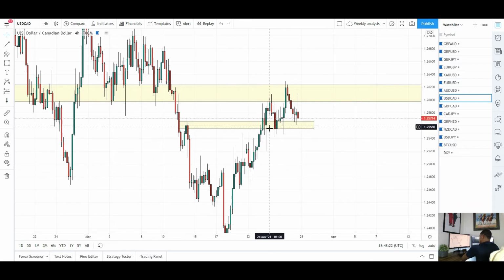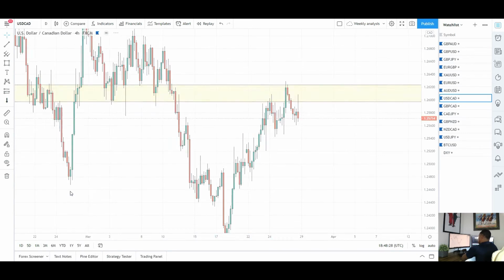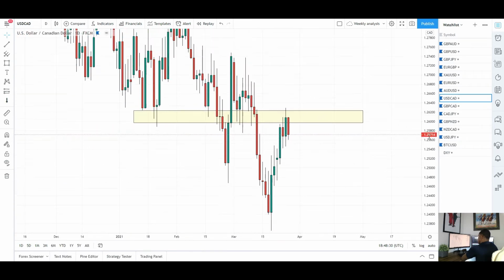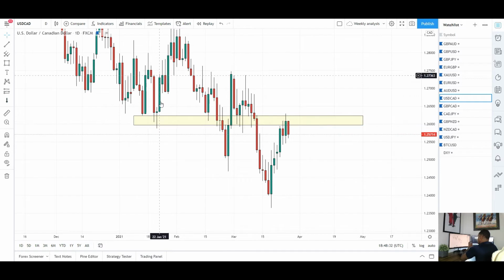So as you can see, we got to that level and actually broke through it and tapped into that daily. So right now price is still holding this daily level. It's a very strong level, as you can see in the market. Really good at support, big push to the upside, consolidation, broke to the downside, now retesting as resistance. So I think we could see a fall to the downside now for USD CAD because of this level being